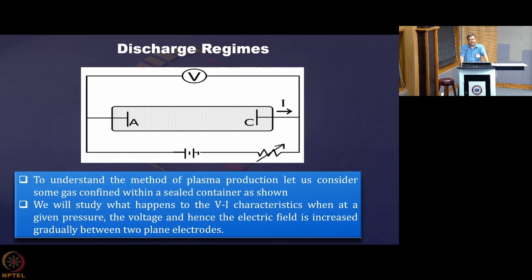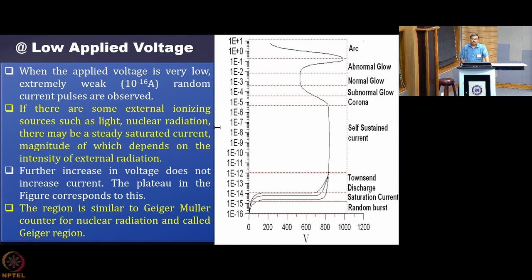So, initially you will have some current, and that current may increase as you increase the potential, but a time will come when all of them are collected. After that, the number of charged particles passing to the anode per unit time is constant. So, no more increase in current, because current is Q by T, the amount of charge passing per unit time, and that is now fixed because all of them are getting collected. So, you will get a plateau. This is exactly what I have plotted over here.